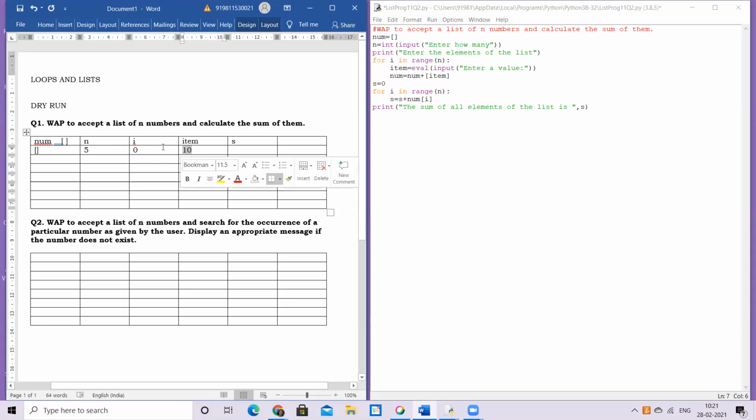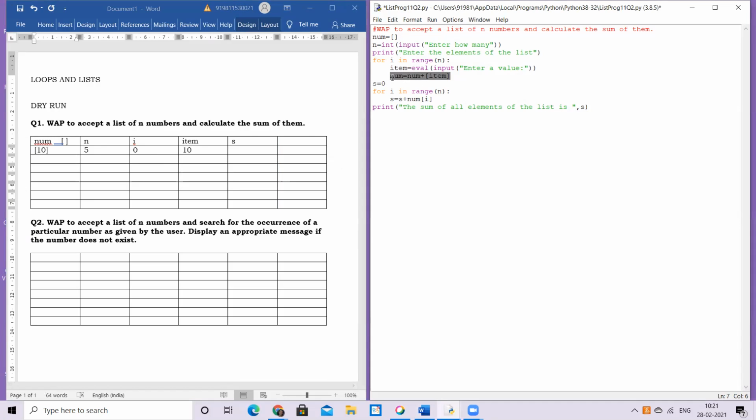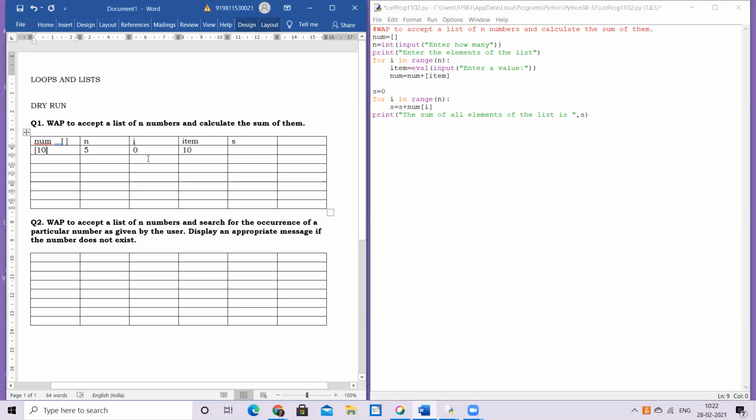After I accept 10, I store this value 10 here. So because of this statement, the data goes and gets stored in my list, the first element. Now this s equal to 0 is out of the indent for, so it is not part of the loop. So I go up. Up means range function, step value, which is not given, so assumed as 1. Hence, I is incremented by 1. That is, I becomes 1. So basically, this value is cut in the memory, replaced in the memory, and then it becomes 1.